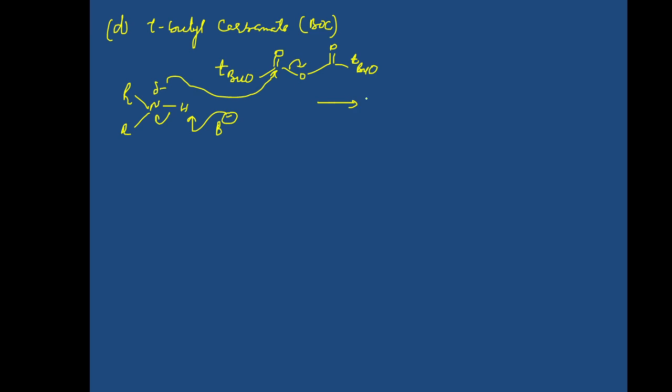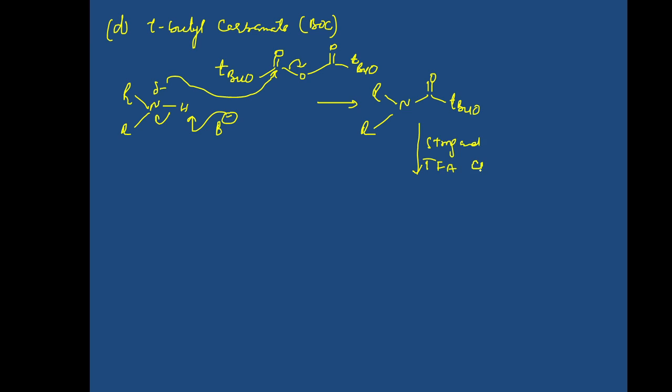So how will the nitrogen atom get protected? What are we going to get? It will attack this carbonyl group, and we have the tertiary butoxide ion. Now in the next step, we want to deprotect again. Deprotection is brought about by strong acids, and this applies to both types of protecting group. A strong acid is like trifluoroacetic acid, TFA.